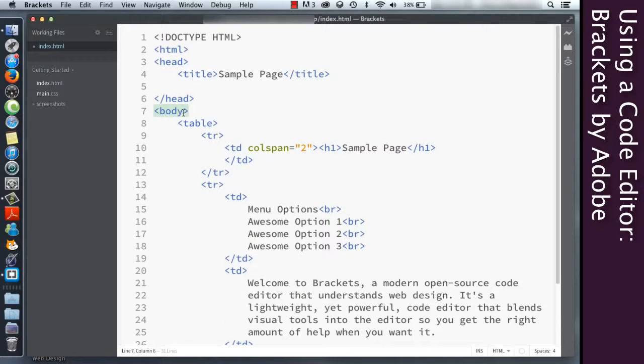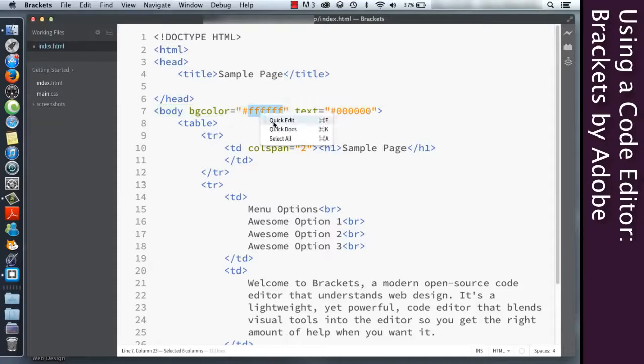And before we actually preview it, let's do one more thing. Let's add a BG color, and let's add a text color. Now, I'm not going to rack my brain to try to figure out what colors I want. I'm just going to start this with white, and I'm going to start this with black. Now, what's cool about this is in Brackets, it will actually show me a preview of that color if I hover the mouse over it.